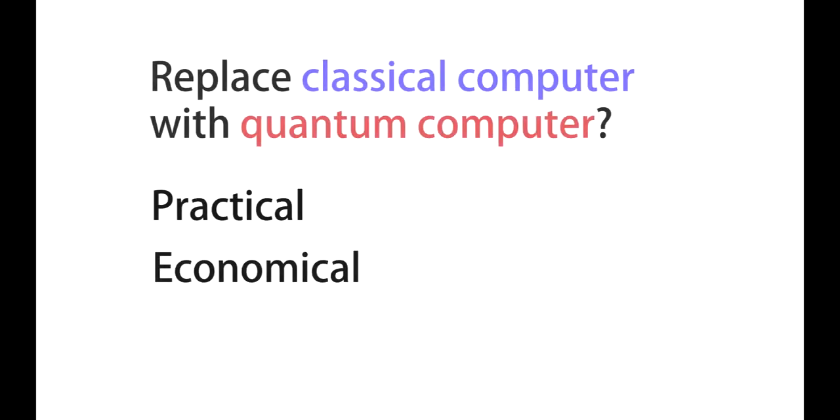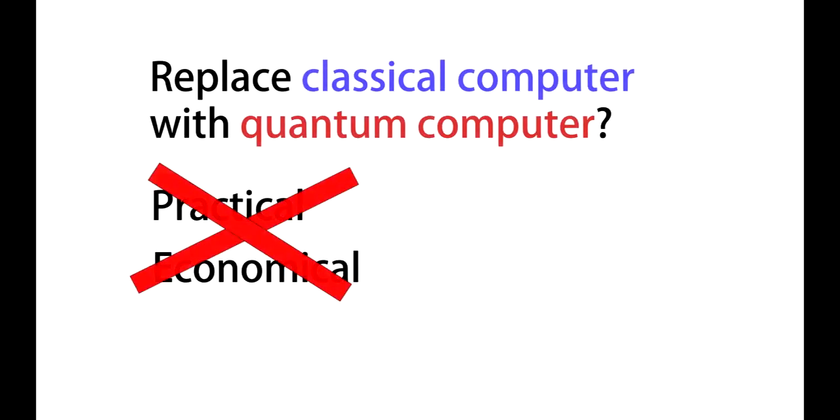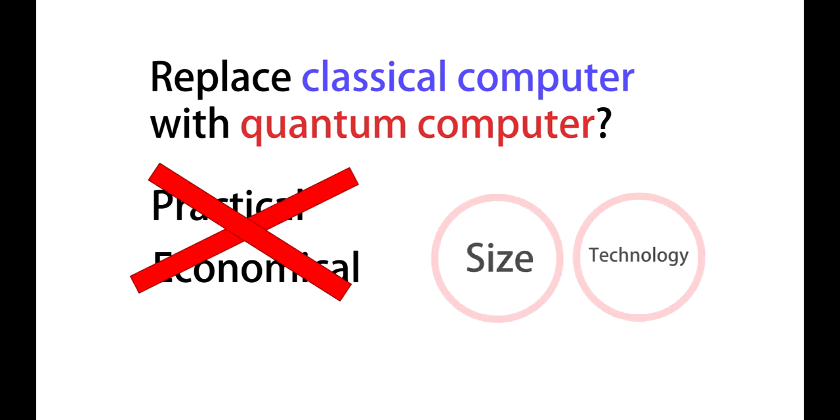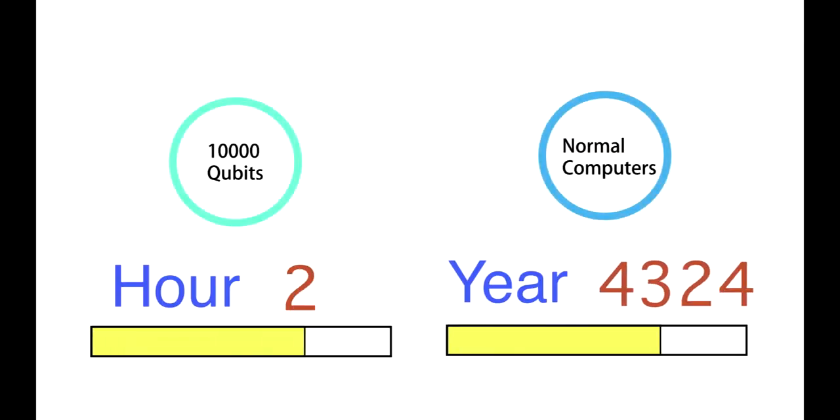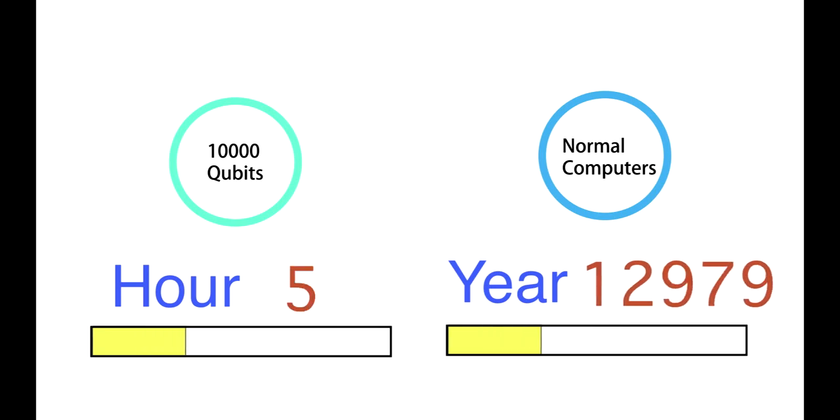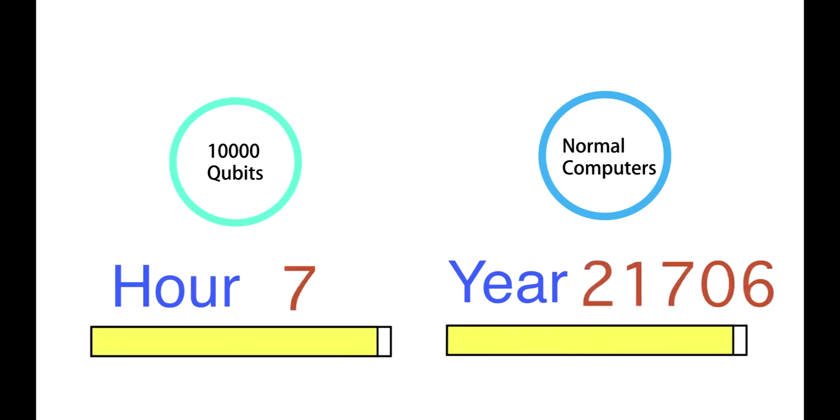Naturally, it will be neither practical nor economically viable to replace all classical computers with quantum computers, since they are almost the size of a room and with today's technology are nearly impossible to build. But the groundbreaking fact that only 10,000 qubits could solve some of the most difficult problems that would take millions of years solving them by normal computers, could be processed in hours,